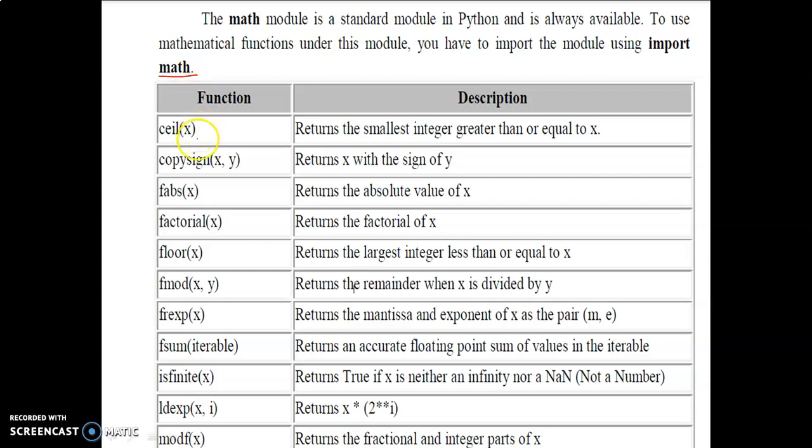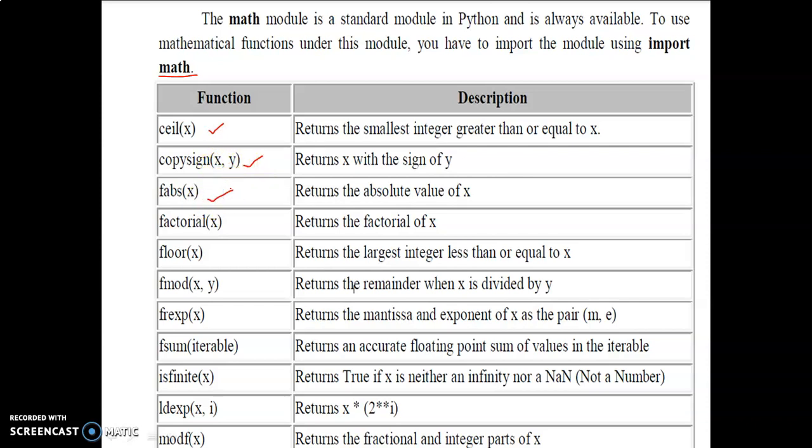The first list of functions are like this: ceil of x, to get the ceil value, that is the upper, higher integer of the given float value. Copysign returns x with the sign of y; the sign of y is copied to x.